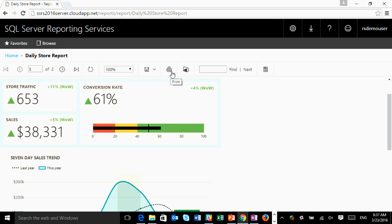Does anybody, I wonder if there's any real RS gurus in the room who know why the print icon would not show up in Chrome. ActiveX. I'm never shocked by the fact that somebody in the room knows that. It's sad that it's so commonly known that reporting services relies on ActiveX for printing because it is the cause of these issues. Number one